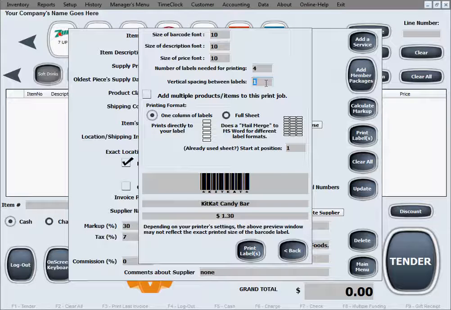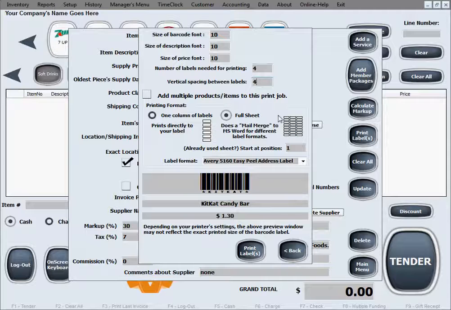The only time it makes any difference is that once you print these labels, if you're not happy with the vertical spacing between them, if they're too close to one another, then you can just increase that. You can type whatever number in here you need until you get to your desired result. However, if you choose full sheet of labels,